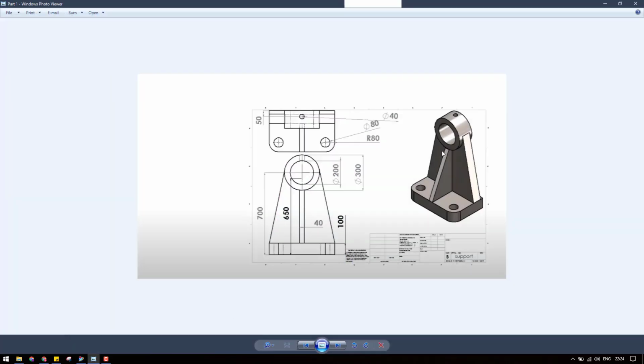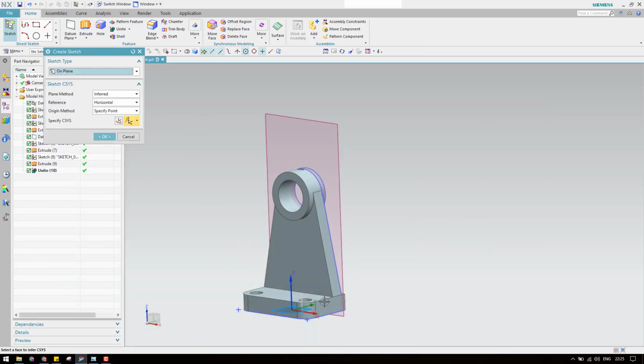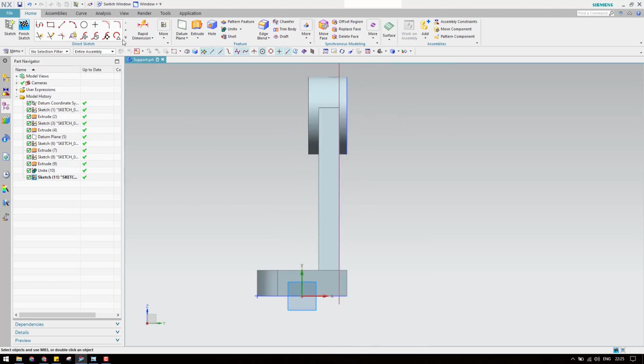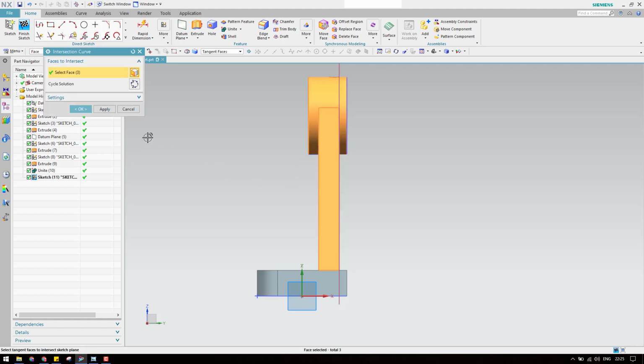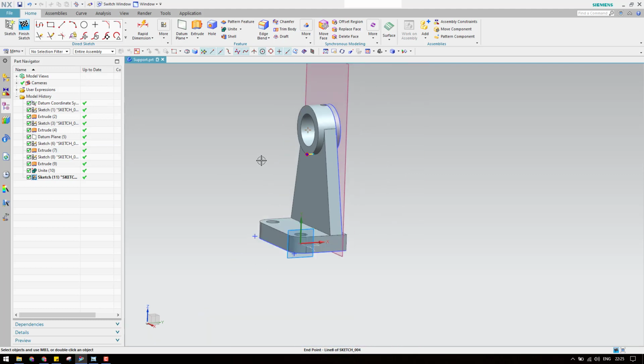Now as you can see here, there is one more rib over here, so we need to build this. So what I will do is go to this. Which plane is this? It's a YZ plane. So let us go to YZ plane, and now I will take an intersection curves. So this is an intersection curves, okay, and hit okay, so that this curve will be generated.